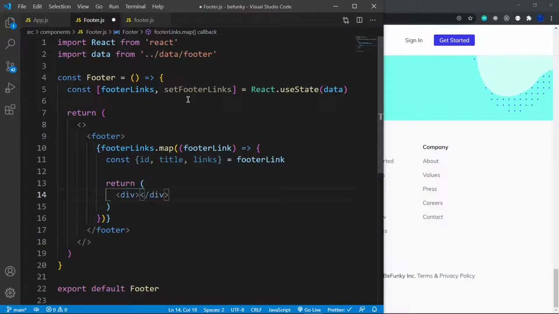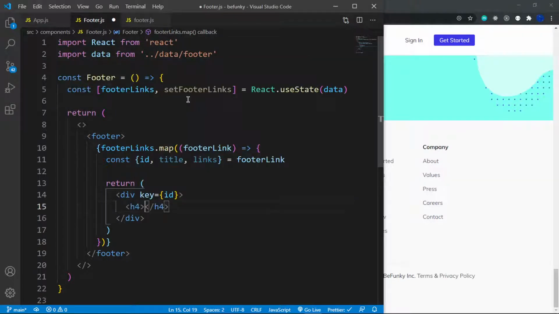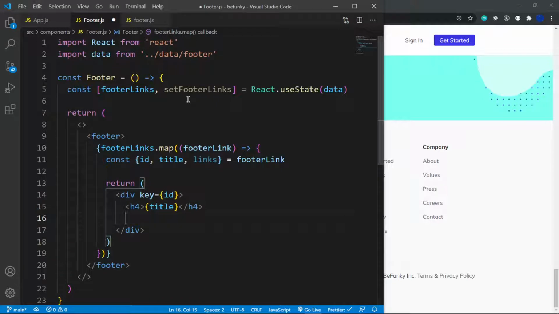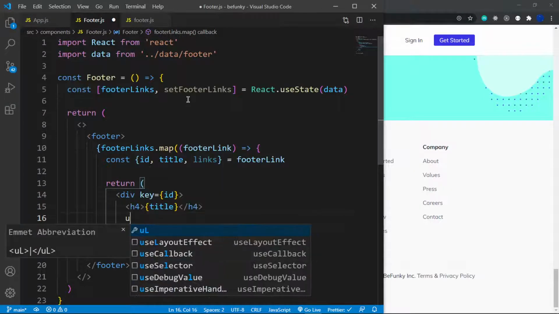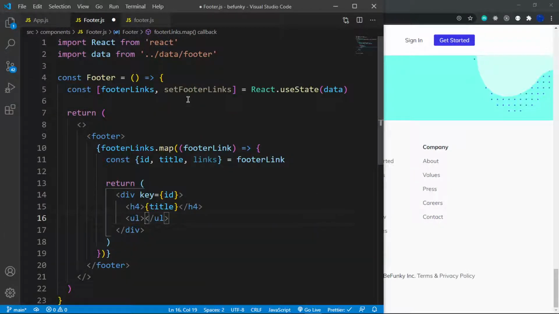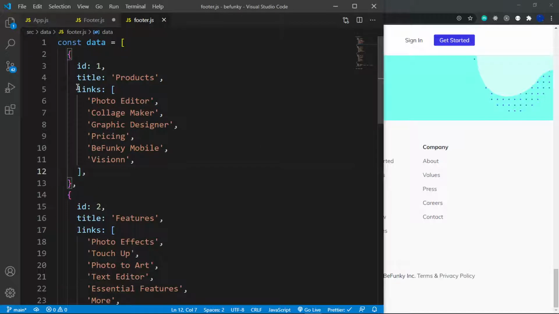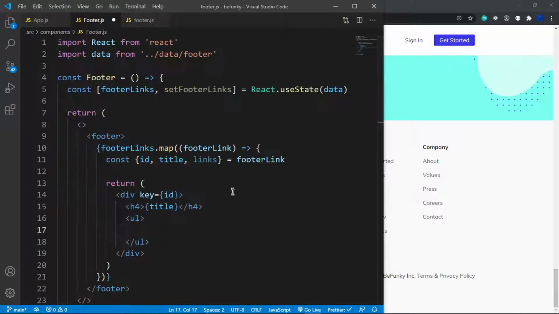Let me return a div with a key of ID, and then inside this div I want to return an h4 that says the title, like that. And then right below this I want to return a ul, and the reason I'm returning a ul is because this is an array that I want to map over. If you check our data, this is an array, so inside this ul I want